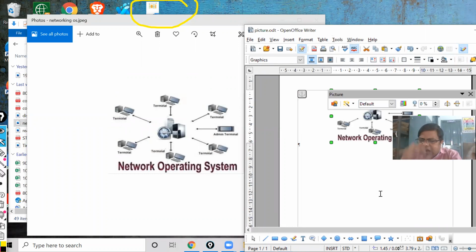Okay, so these are the different methods through which you can create an image, and that image you can paste in your document, or with the image already loaded there in your system, that image also you can send. And not only that, the picture that is already inbuilt, already available there in your OpenOffice Writer, such type of image shape also you can insert in your document. I hope you have understood all these topics, my dear.